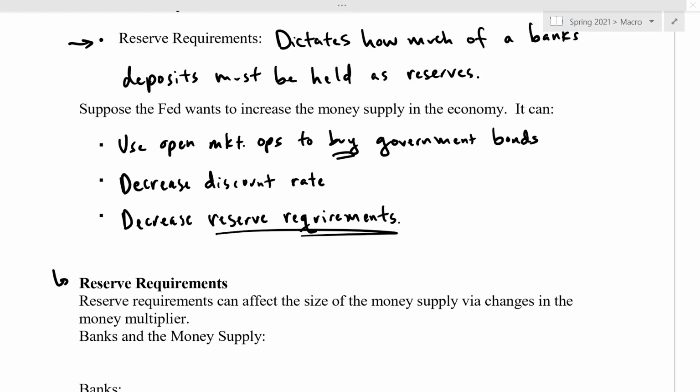Hi everybody, welcome back. In the last video we talked about the Federal Reserve System. We talked about its organization and we talked about different monetary policy tools. So those were open market operations, the discount rate, and reserve requirements. So reserve requirements, again, they dictate how much of a bank's deposits must be held as reserves. In this video we're going to go into that in a little bit more detail, talk about reserve requirements, and